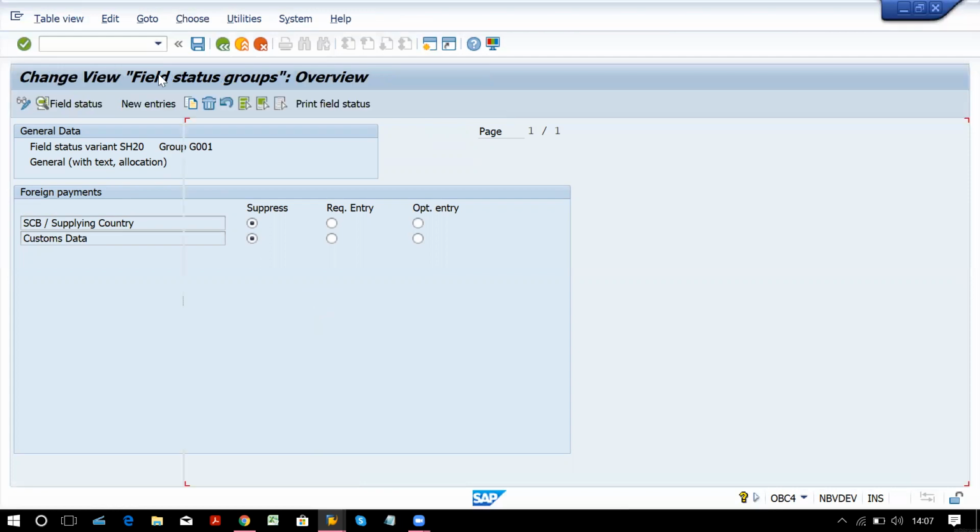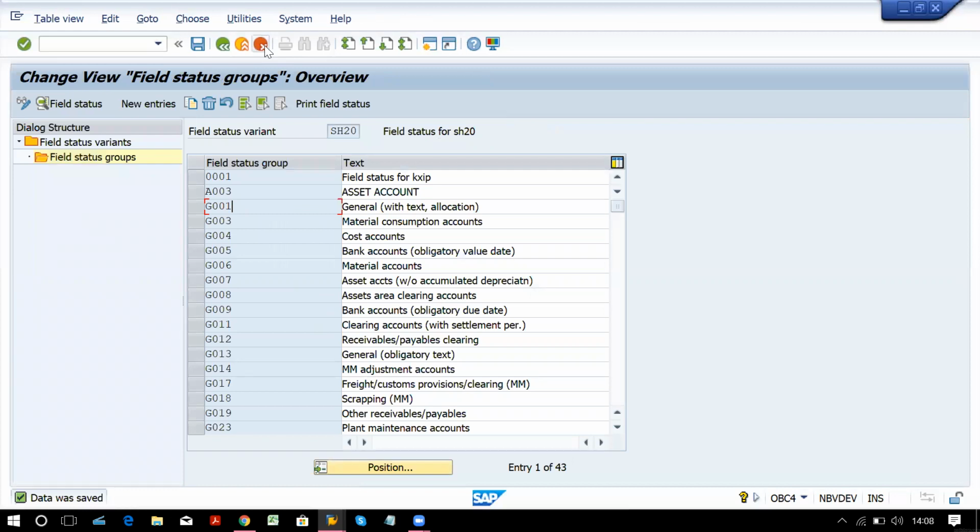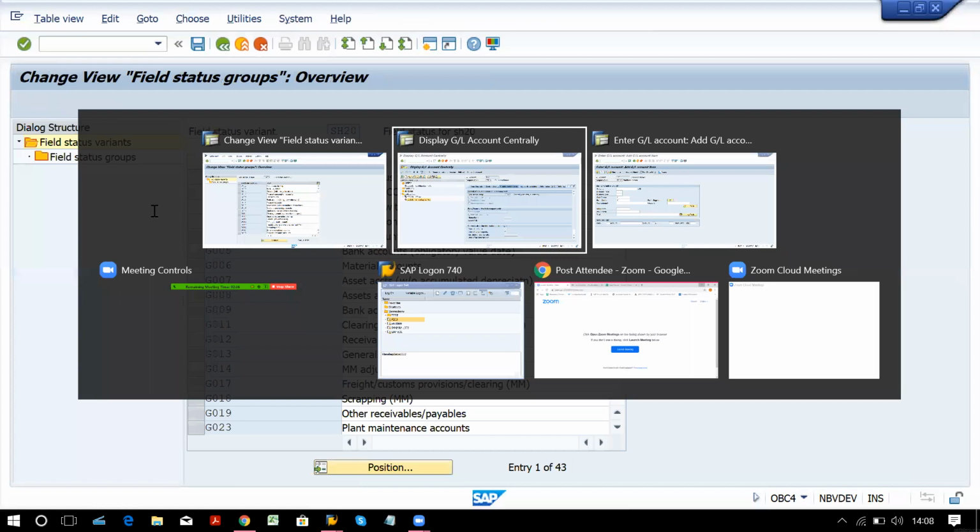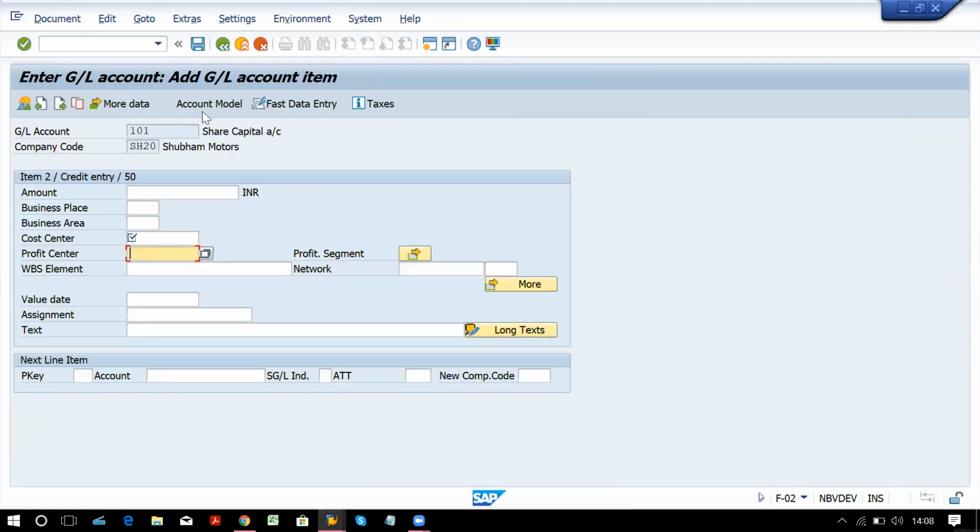Okay, now this is saved. We have changed our configuration settings, so those are not applicable directly on any T code. Sometimes they are directly applicable, but this setting is not. So you have to rerun the T code.